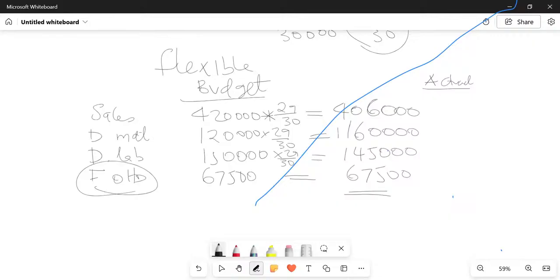So if they want me to do the variance statement, I need to give them here 41. Are you able to see the column of actual? 411,800. The next one again is 123,000. And then we have here